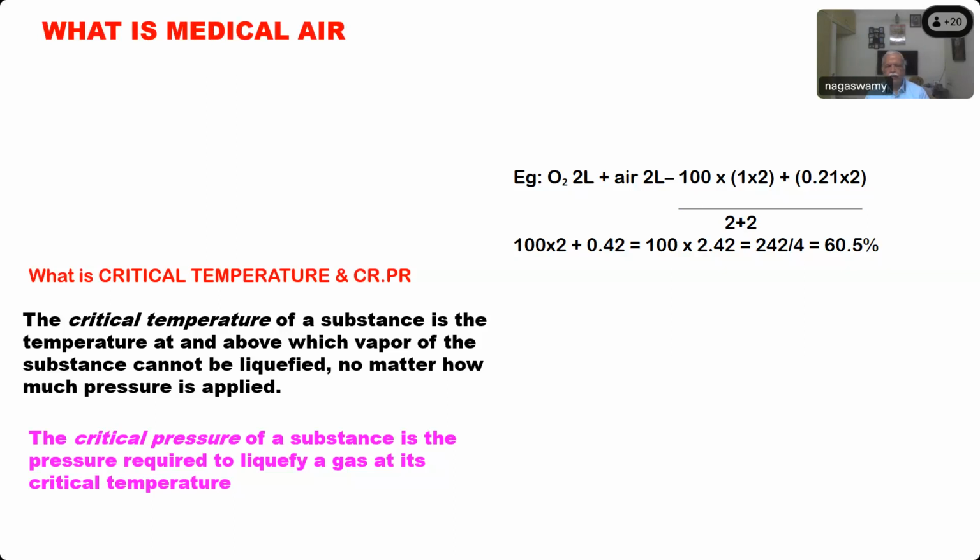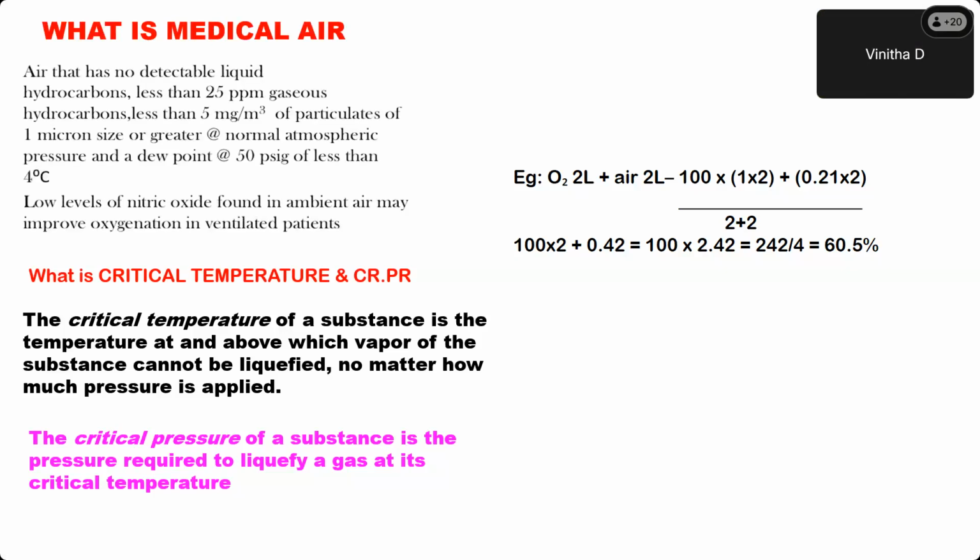We are using air nowadays, isn't it? Very commonly we are using. So air that has no detectable liquid hydrocarbons and less than 25 parts per million of gaseous hydrocarbons and less than 5 milligram per square meter of particulate matter of 1 micron size or greater at normal atmospheric pressure and a dew point of 50 psi less than 4 degree. This is called the